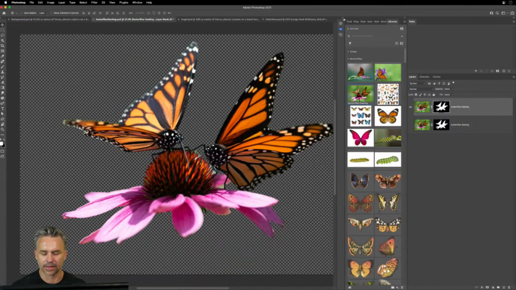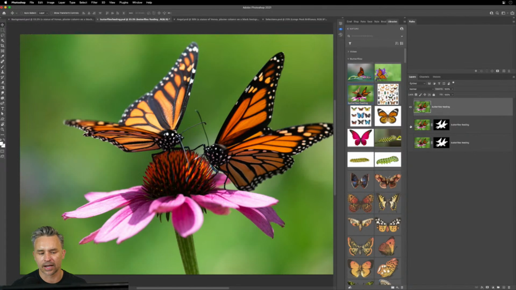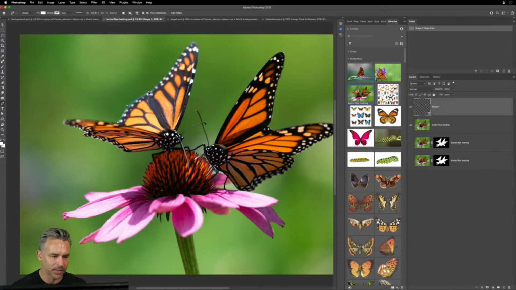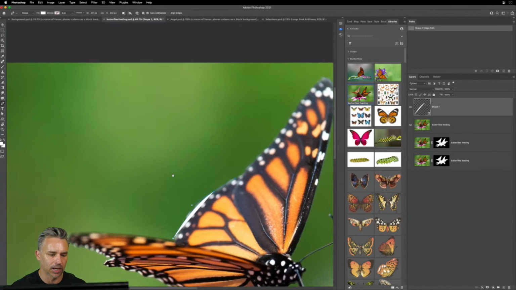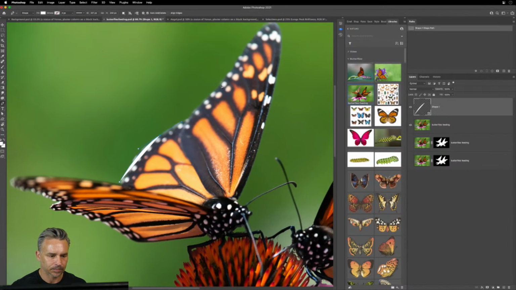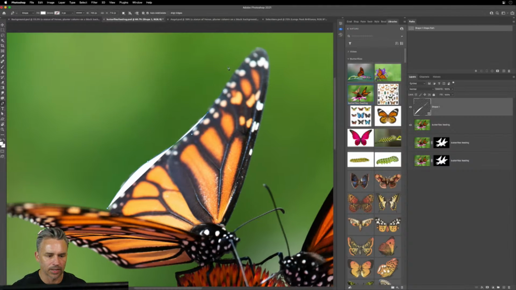But let me go back to the pen tool. So if you did want to use the pen tool, again, I would do exactly what I did. Yeah, you could use the pen tool and come through if you want to be a purist. And sometimes you do, you need that sharp line, right? So again, it's the same process. What I'm doing currently is I'm actually drawing